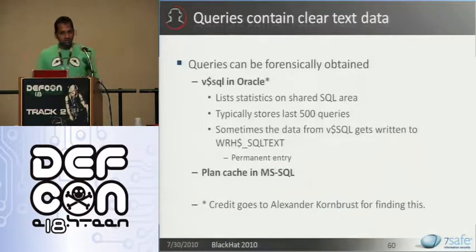The SQL queries executed on the database server can be forensically obtained. V$SQL is one table in Oracle which lists statistics on the shared SQL area. This table typically stores the last 500 queries. So if you repeatedly keep querying this table, you will find out all queries